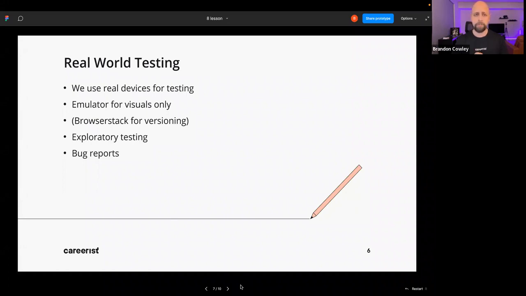The only exception to this is if you were using an emulator. So we're saying emulators for visuals. In the second half of this, I'll open up an emulator for you real quick so you can see what I would be doing on a phone if I was going to be testing an app. Because otherwise I would look very foolish, just holding up a phone to the screen, like, look what I'm doing. Not a good time. So I'll use an emulator for that.